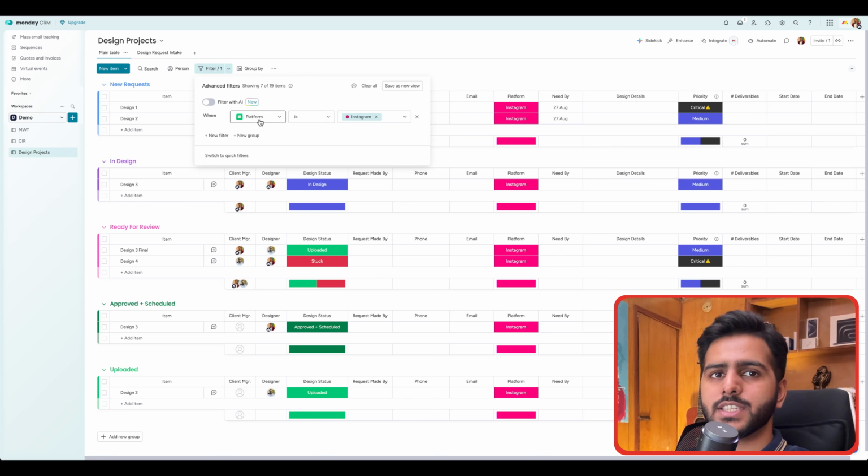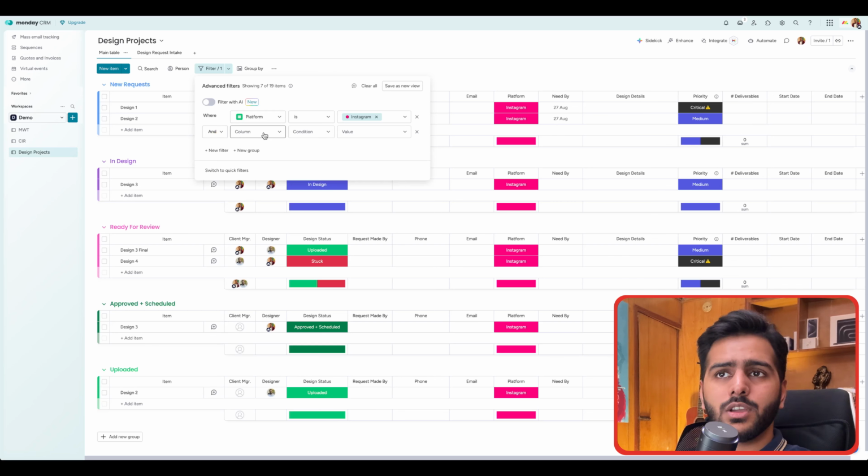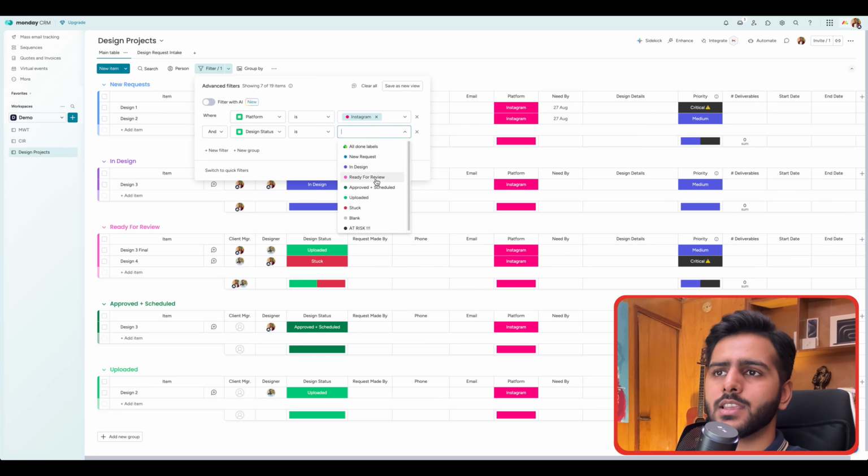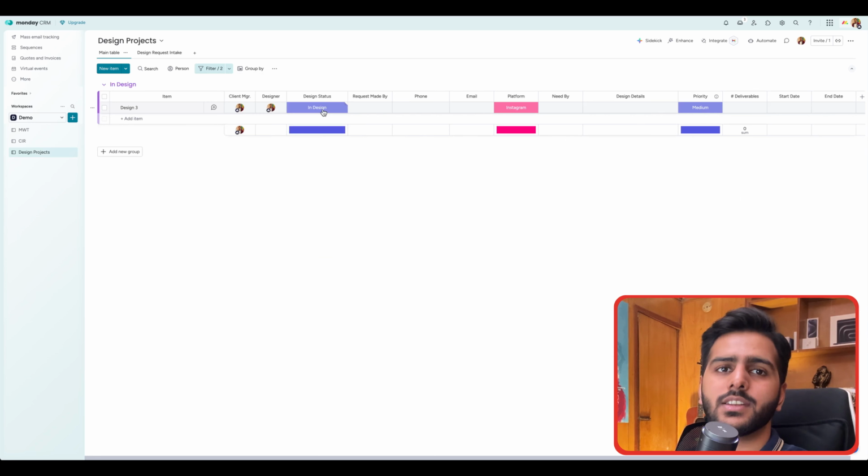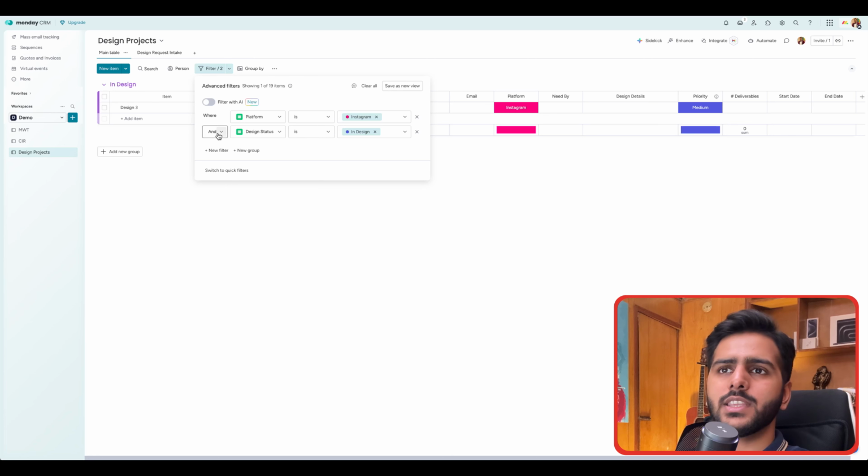So other than all the design requests where platform is Instagram, I want to see which of these design requests are currently in the design phase right now. So I'll say where design status is in design, meaning that the design is being made by the designer right now. So let's open up the advanced filters again,